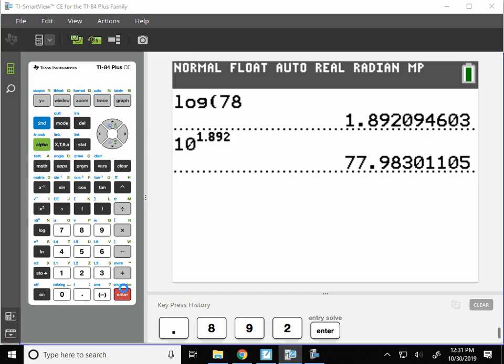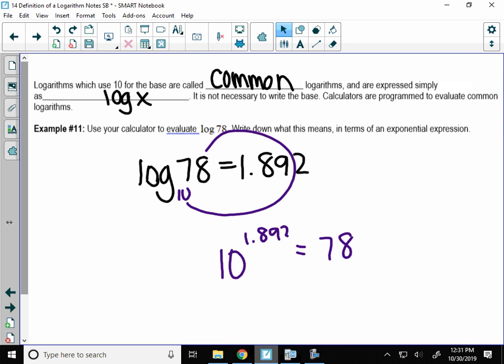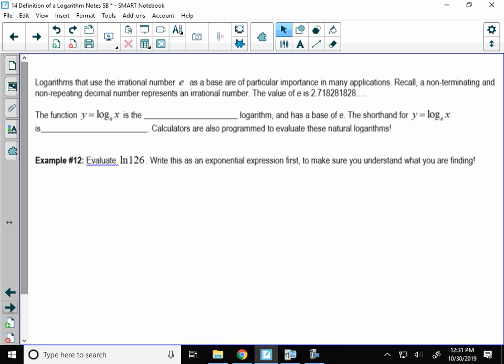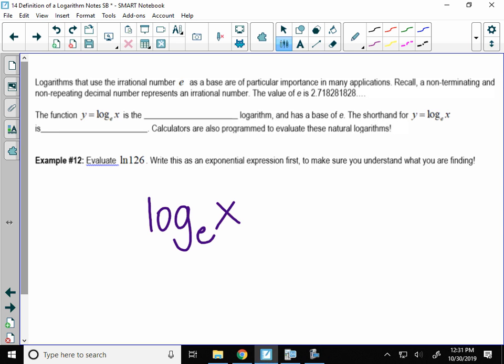Cool. All right. Now, here's our second kind of logarithm. We learned the number e the other day. It's kind of small, but we have a log base e of x. So e keeps coming back. This is on your paper. I'm just writing it bigger so you can see. Now, log base e is also very common, but the name common log is taken. So they decided to call this a natural logarithm.